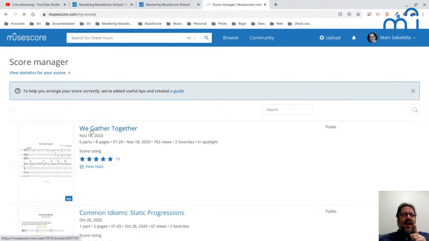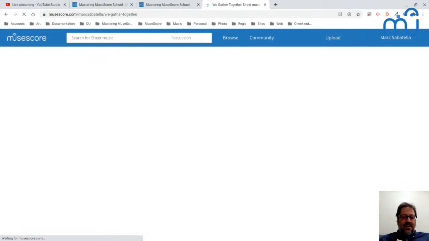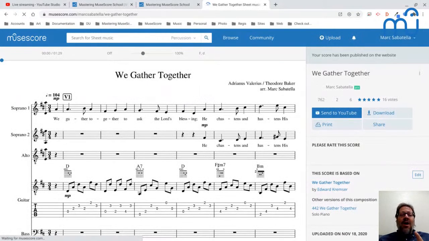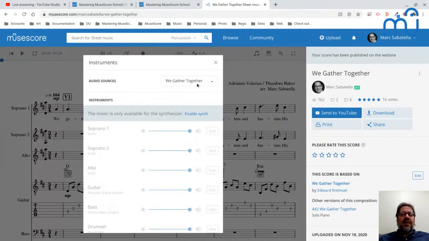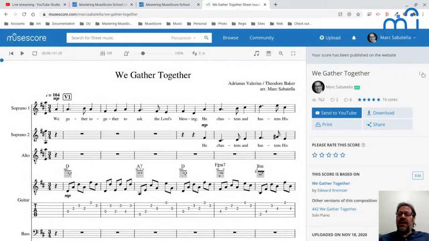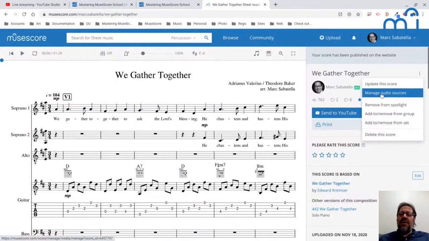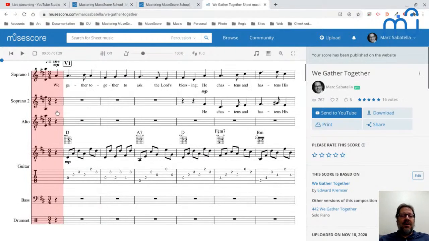So what I've done now is I uploaded the audio that we all did together on BandLab, and now I've made that audio be the source on MuseScore.com. So this is a thing you can do. I don't know if you need a pro account to do it, but under here, under the mixer, no, well, that's where I select audio source. I think the place where you create it is in the menu here, manage audio sources. And if you do that, you get walked through a bunch of stuff where you can synchronize your score to a YouTube video. And then you can make it either show the video or not show the video. And in our case, we didn't really have anything that interesting to show. But anyhow, check this out.